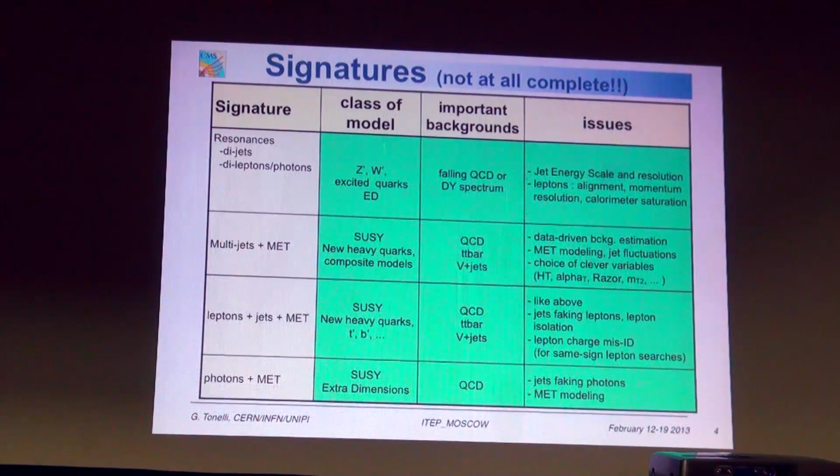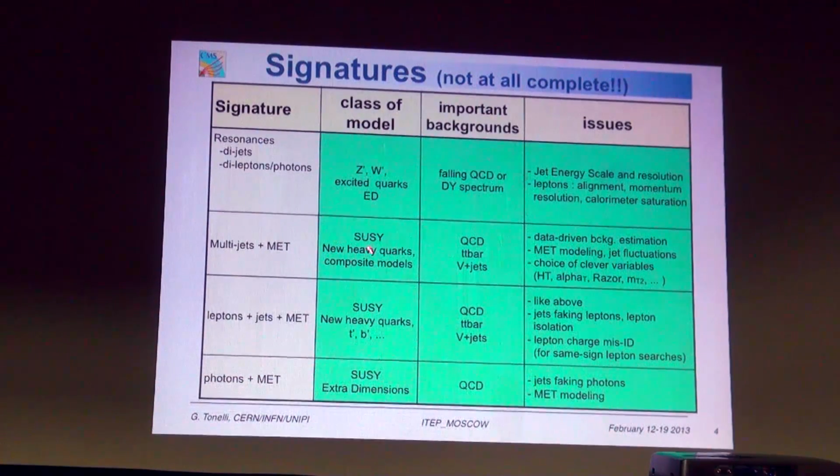You can eventually, roughly speaking, identify or classify them as, okay, everywhere there is presence of missing ET. This is due to the fact that in SUSY we think, at least in the simplest model, there is a heavy object, which is the neutralino, carrying away a lot of transverse energy. It's not detectable directly in the detectors. And then you can associate to this large missing ET the presence of several jets, the presence of leptons plus jets, the presence of photons plus this missing ET.